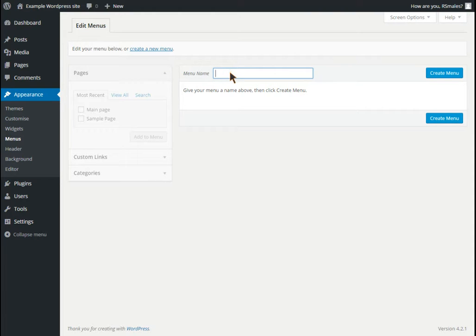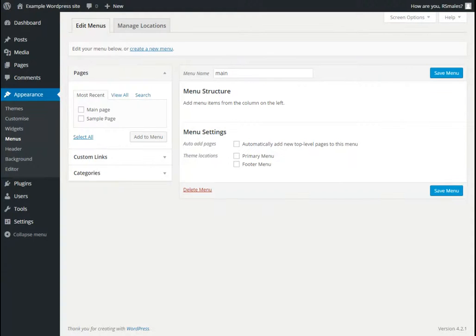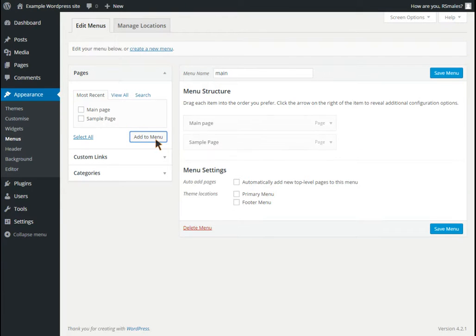Comes up to edit menu. I'm going to call this main because it's a main menu. Create the menu. You want to add the most recent pages into your menu. And then you can click and drag them into the order that you prefer. Automatically add new top level pages, makes life much easier. And in the primary menu,